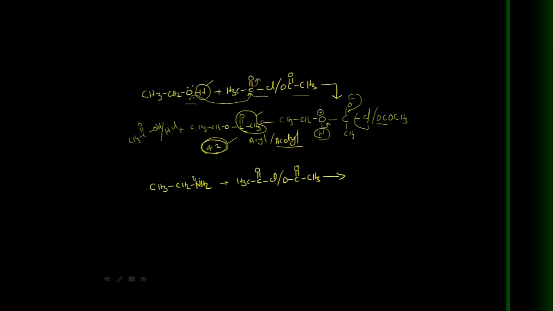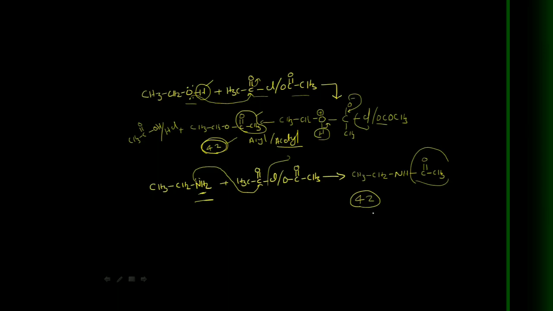Now the acylation of the amines. The amine NH2 nucleophile attacks the electrophilic carbon. I am writing this directly. Here there is removal of the Cl minus, and from this N plus one hydrogen is removed. So finally, like in alcohols, one NH hydrogen is removed and replaced by the COCH3. As a result of the acylation of amines, the increase in molecular weight per one NH2 group is 42.